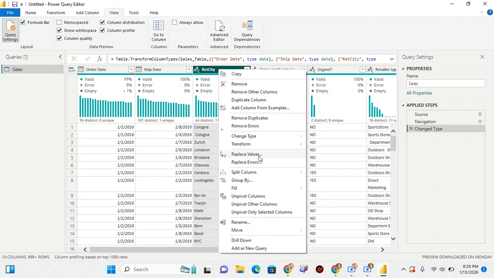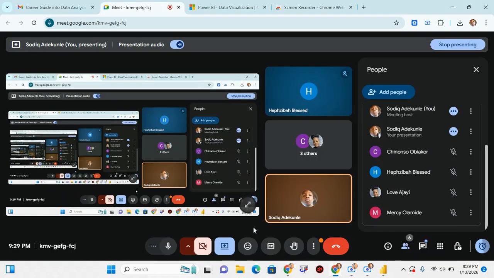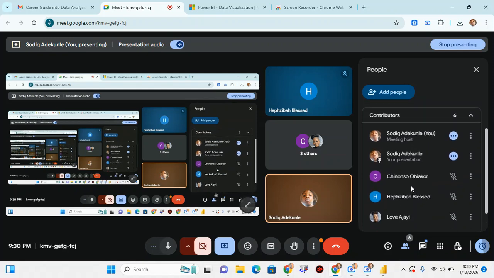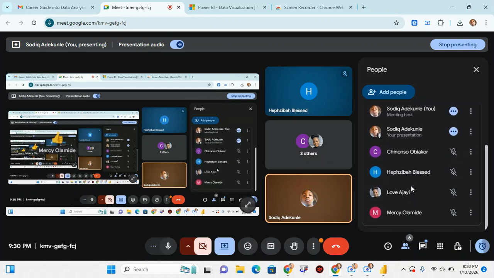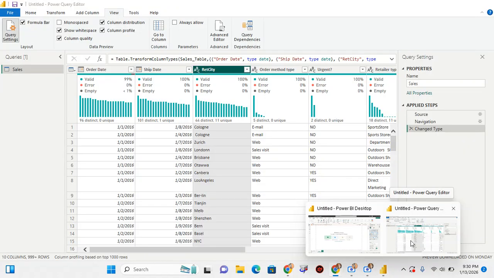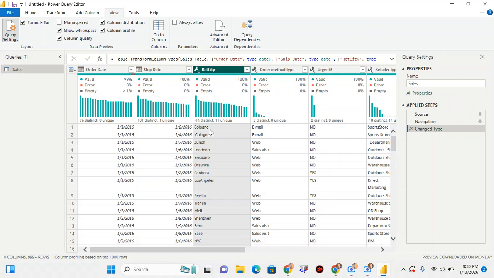If I go to replace values, let me check if we are still together. Sorry, are we still together before I keep on talking? Okay, thank you. So if I go to replace values,